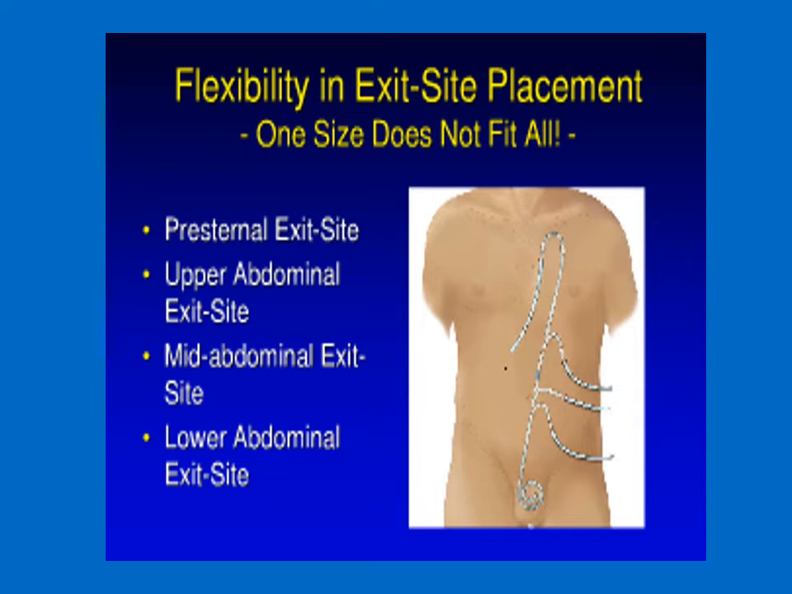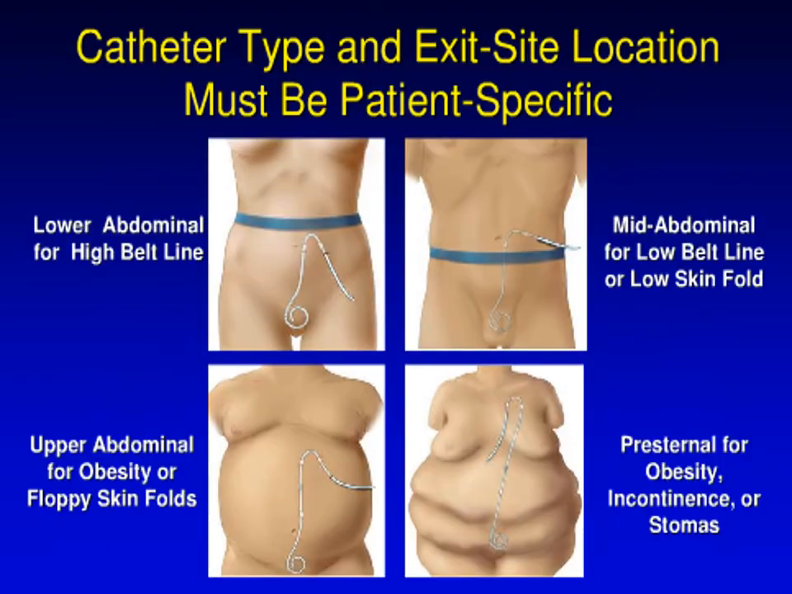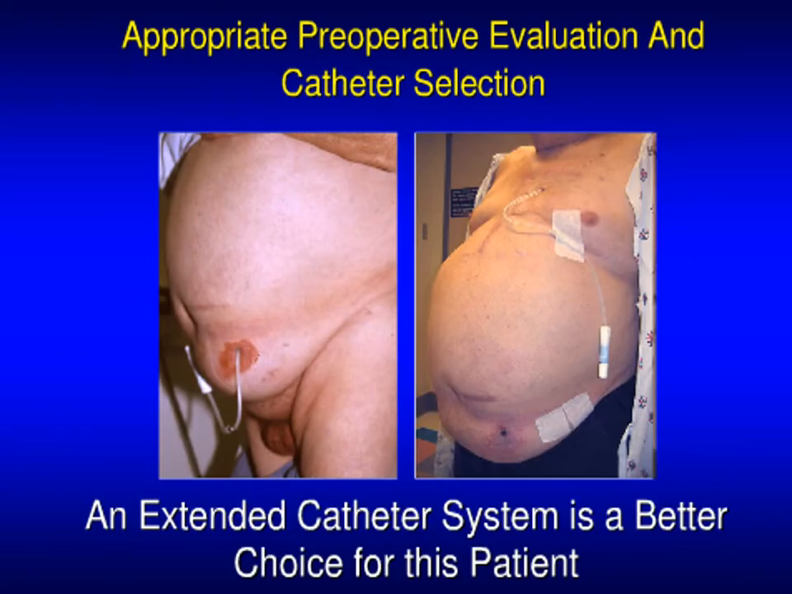We have 4 exit sites actually. We have the pre-sternal exit site, the upper abdominal exit site, the mid-abdominal exit site, and the lower abdominal exit site. This depends on the following. If you have a patient with a high belt line, you can use lower abdominal. If you have a patient with a low belt line, you can use a mid-abdominal exit site. If you have an obese patient like you see here with floppy folds, you have to use an upper abdominal exit site. What if you have, sorry,